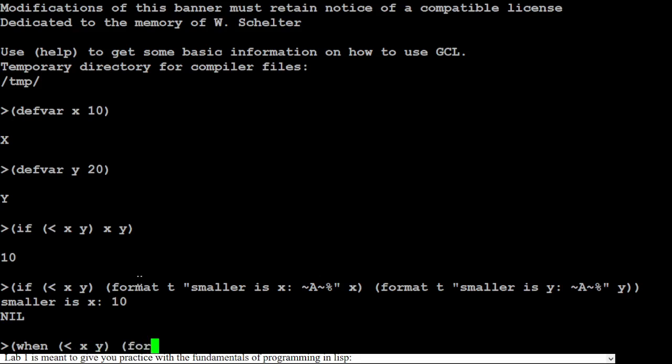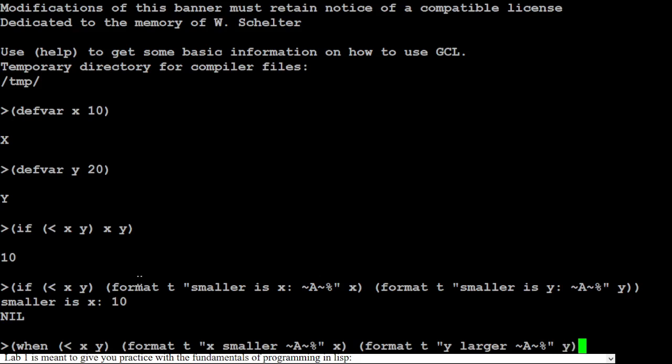So let's say format t, x smaller, and print out its value. And we'll also say y larger, and print out its value. So you can do multiple things